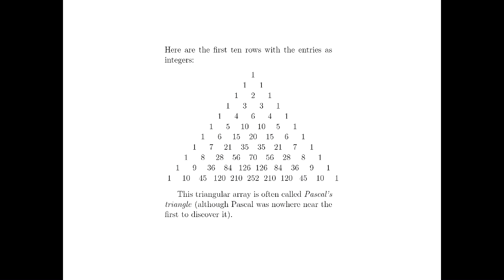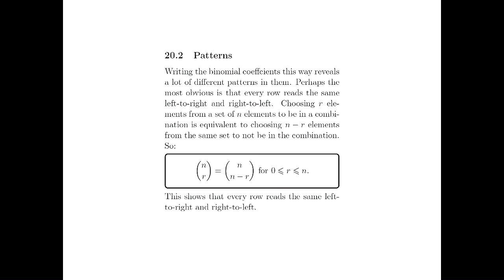Any other fun things? So the idea being that everything internal is the sum of the 2 things sort of on top of it? Yes, okay, so I did not plant those answers, but those are in fact the 2 properties we're going to talk about. So one is that every row reads the same forwards and backwards. The second is that everything is the sum of the two things on top of it, everything that's inside, right? So let's talk about those.